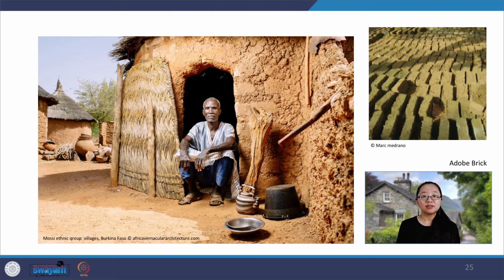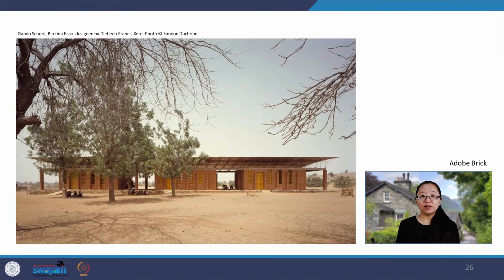Nowadays, the traditional thatch roofs are replaced with corrugated iron roofs. Those who use these iron roofs represent higher status in the economy, although they make the interior of the house hotter and noisier during rainstorms. In Burkina Faso, a native architect called Diébédo Francis Kéré designed and built an extraordinary contemporary architecture